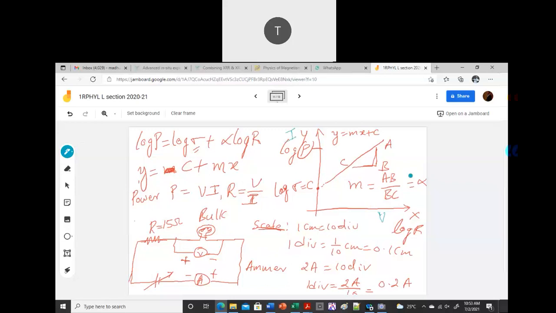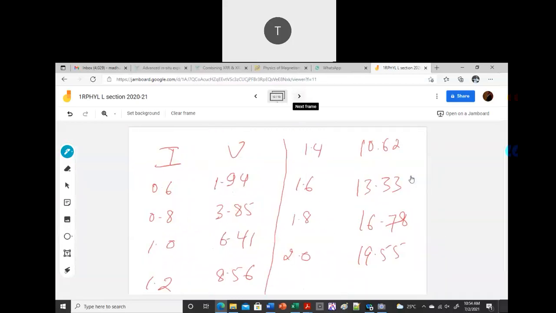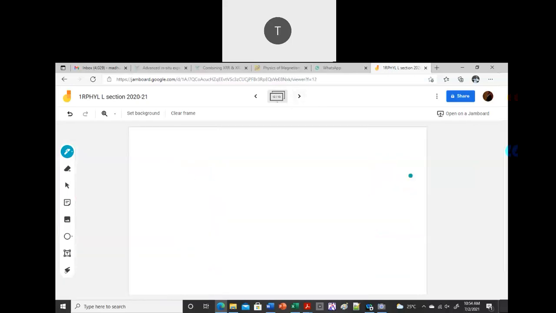If I make this kind of diagram, a straight line, then this is your I and this is your V. If you take the slope, it will be I by V, so M is equal to I by V. If I take 1 by slope, that is nothing but your resistance, which is V by I. So this is a similar thing. You just have to take different V and I values and get the V and I characteristic. This is what you are going to do.